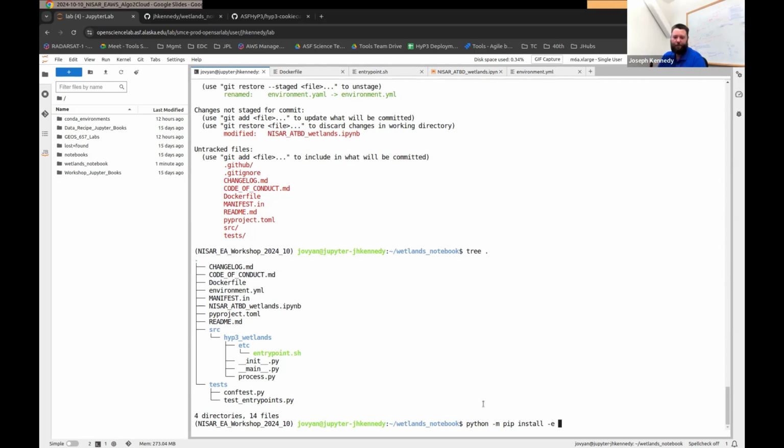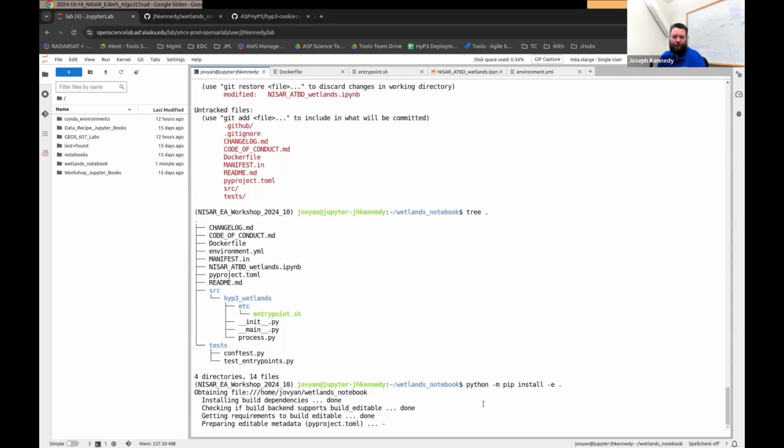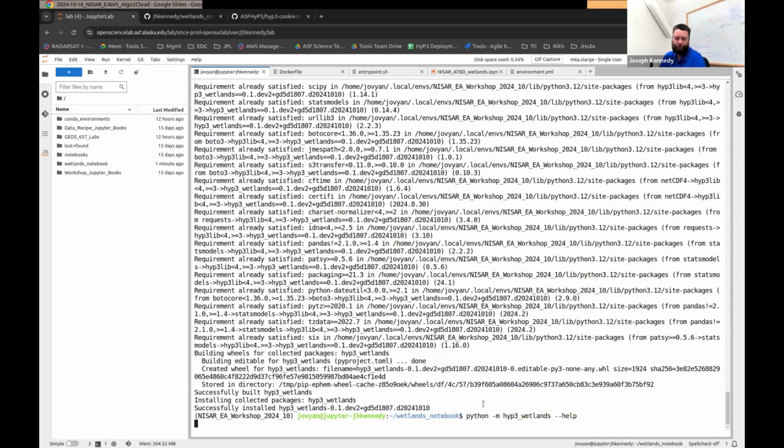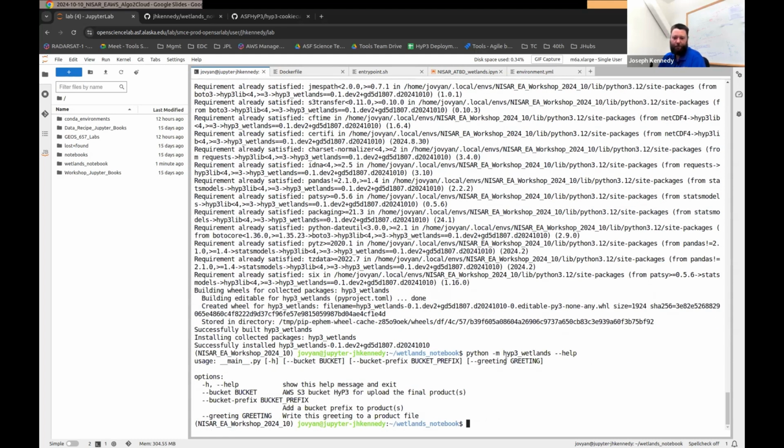That means that I can run something, tweak it, run it again, and see those tweaks, and just install a local directory because I'm at the repository root. So it's going to check all the dependencies, see that we already have them because we're managing them with Conda, and it's going to get installed. So that means that I can do python -m hyp wetlands help. So I now have a Python package that when I execute runs this main script that gives me the minimal